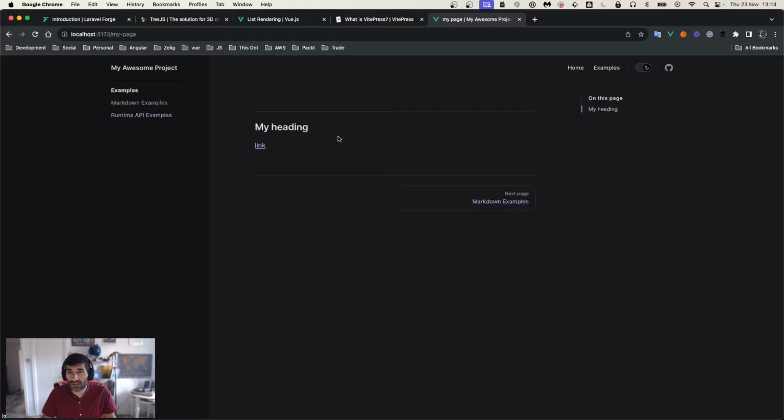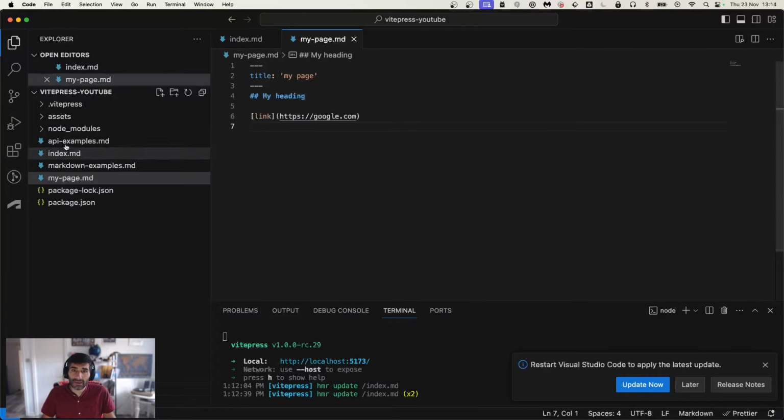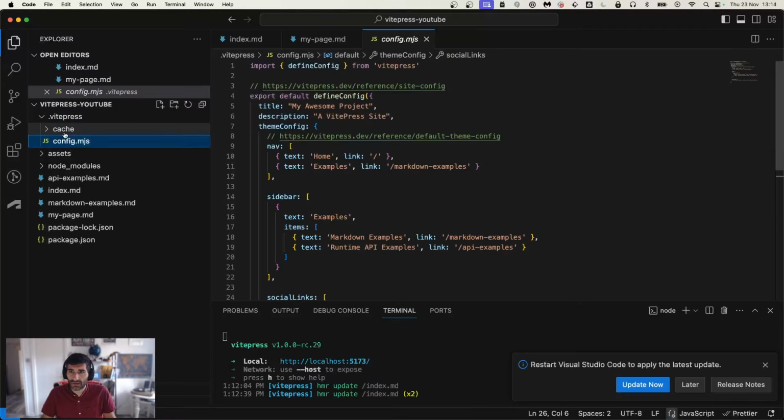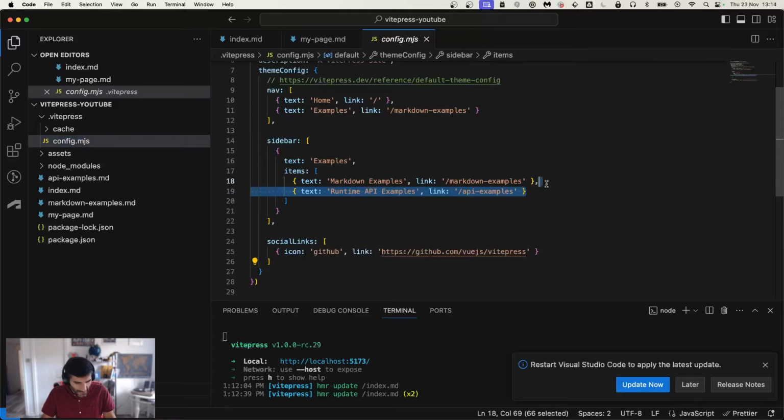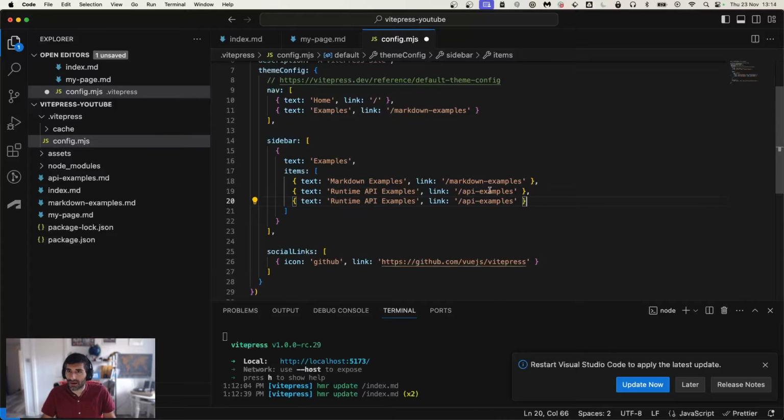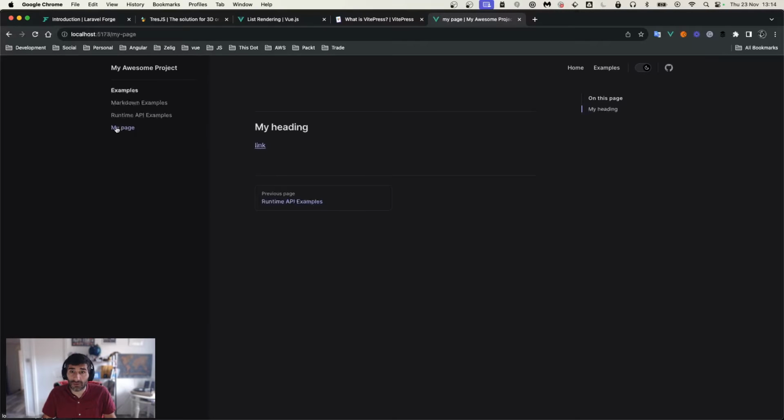So if we want to see our my page on the left-hand side, we'll have to go back here, go in VitePress, go in the config, and right here, you see that that's where we drive the sidebar. Okay, so in the sidebar example, we're going to say my page, and it's actually going to go to my page. If I save this and go back, you see that my page is showing now and is also already active. So I'm able to go forward and backwards to all the pages,